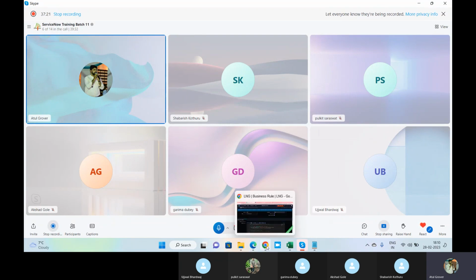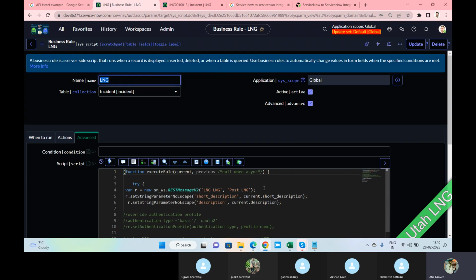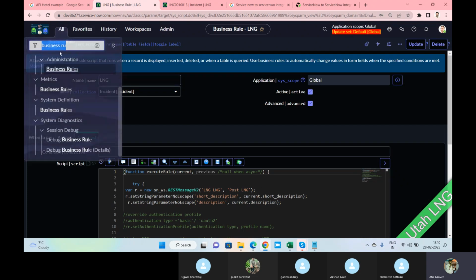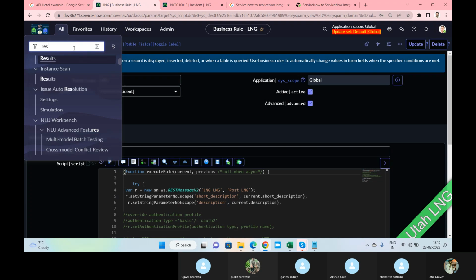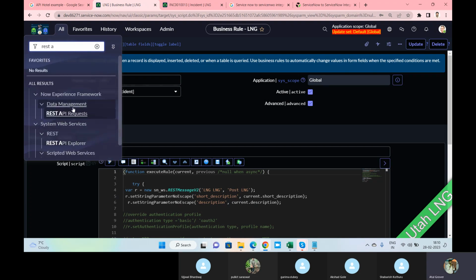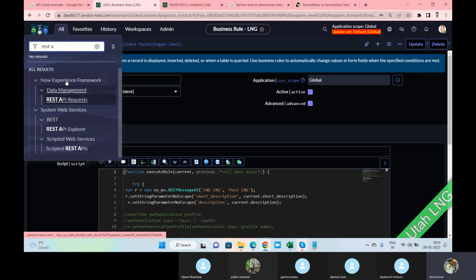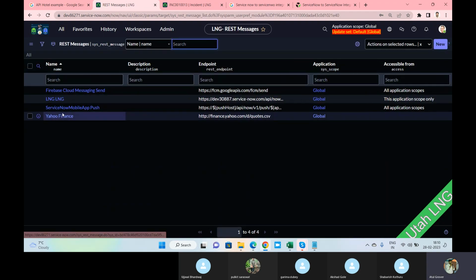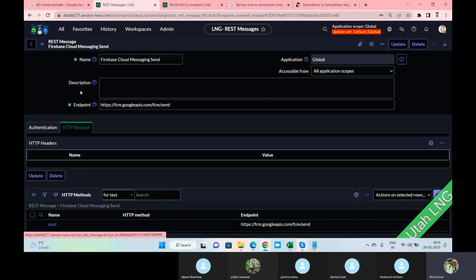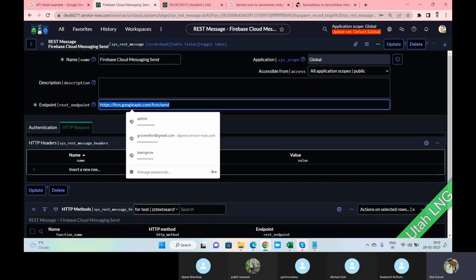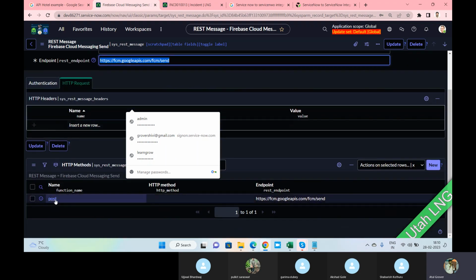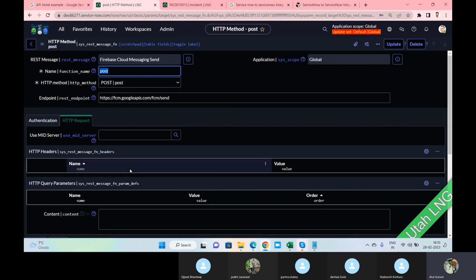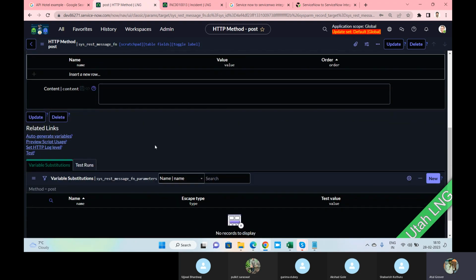So by this way, we create our APIs and we use that. So you can go and check the others as well. Like if you see, sorry, REST message, not API. If you see the people post on LinkedIn that I've done this integration, how did they do it? Because they have the endpoint URL. This is the endpoint URL. And under that, they have a post method. You can see they have a post method, but they don't have any content here.